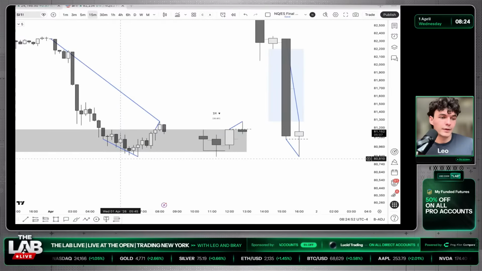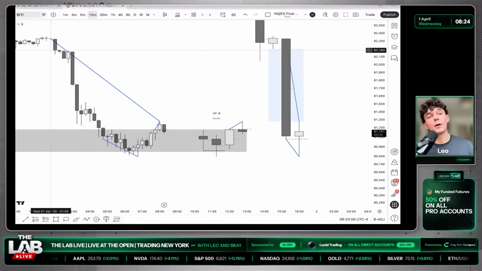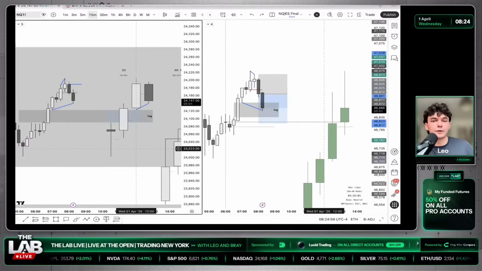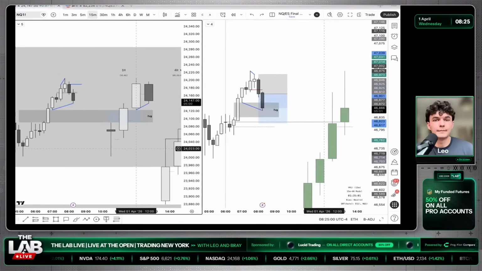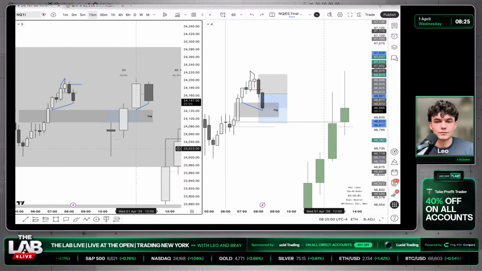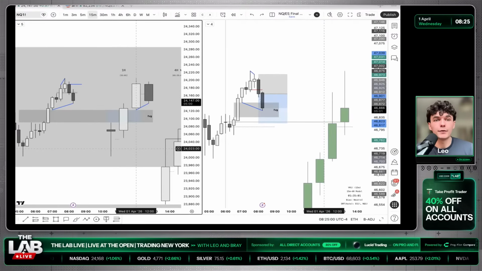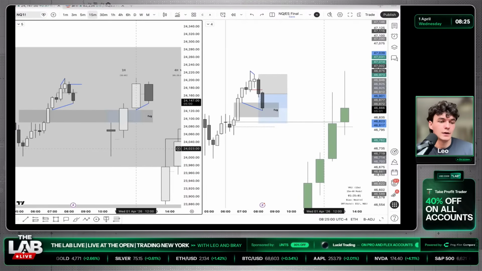Well, can be live with NT still. Yes. Hey, Larry, are you using IFEG after 930 model? No, I'm not. I don't trade inversion fair values personally. So I will not be trading inversion fair values. Yeah. Inversion fair values are good confluence for me, but I personally don't trade them. No. I'm not too keen on trading inversions.